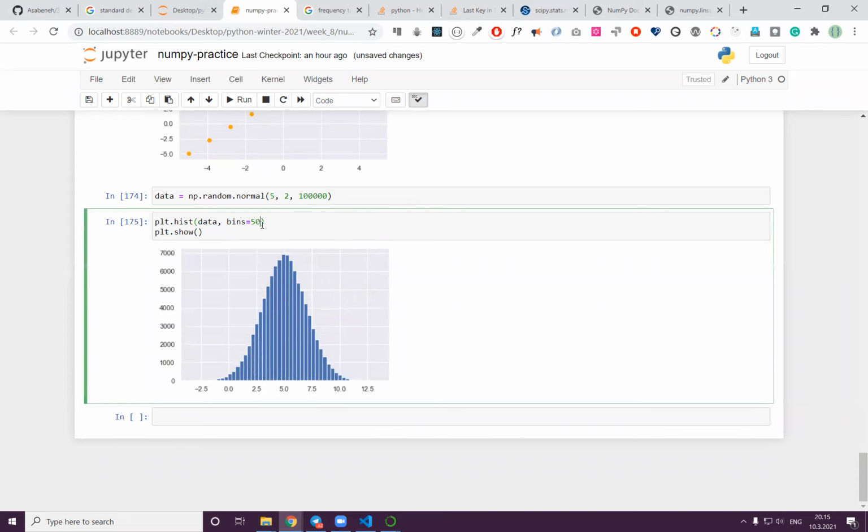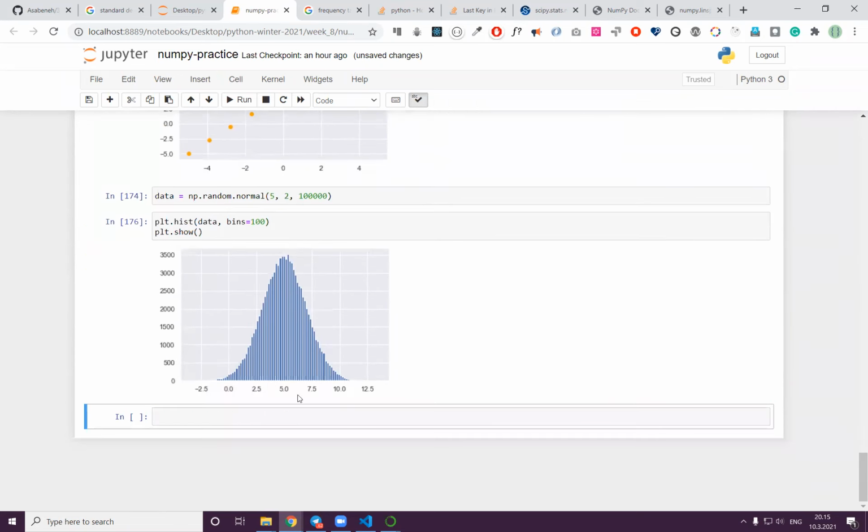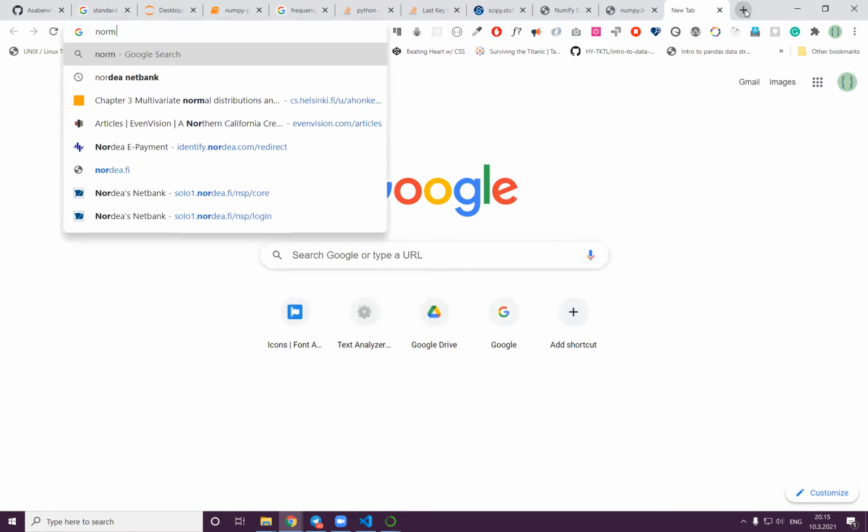And the bins, maybe let's make it 200, and then you will see what they call the normal distribution. The mean is here, and 95% or 97% is somewhere around this region, and the remaining 2.5-something percent will be in the other areas. I will just show you this because it's the normal distribution,